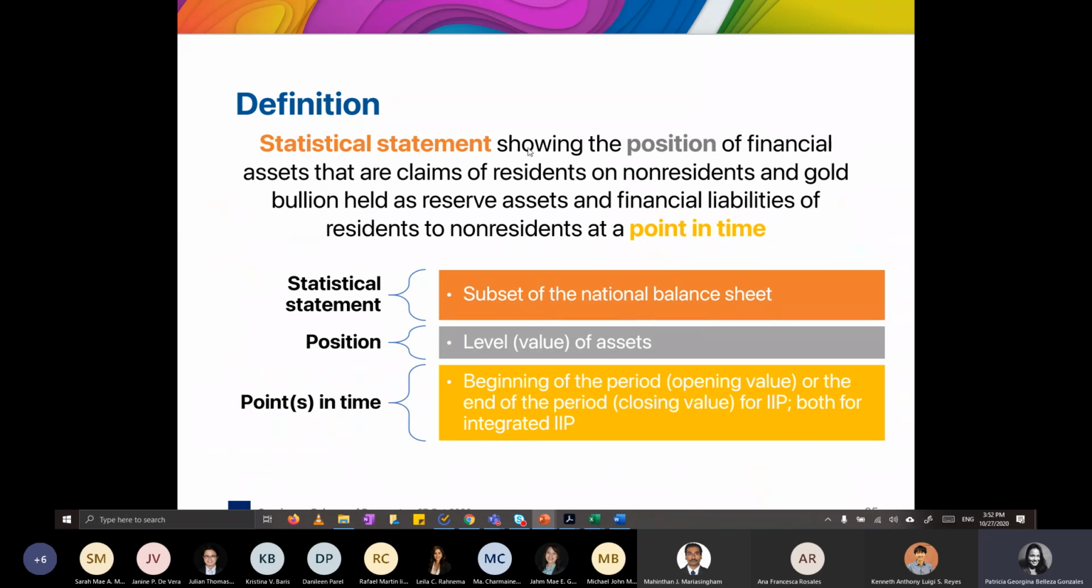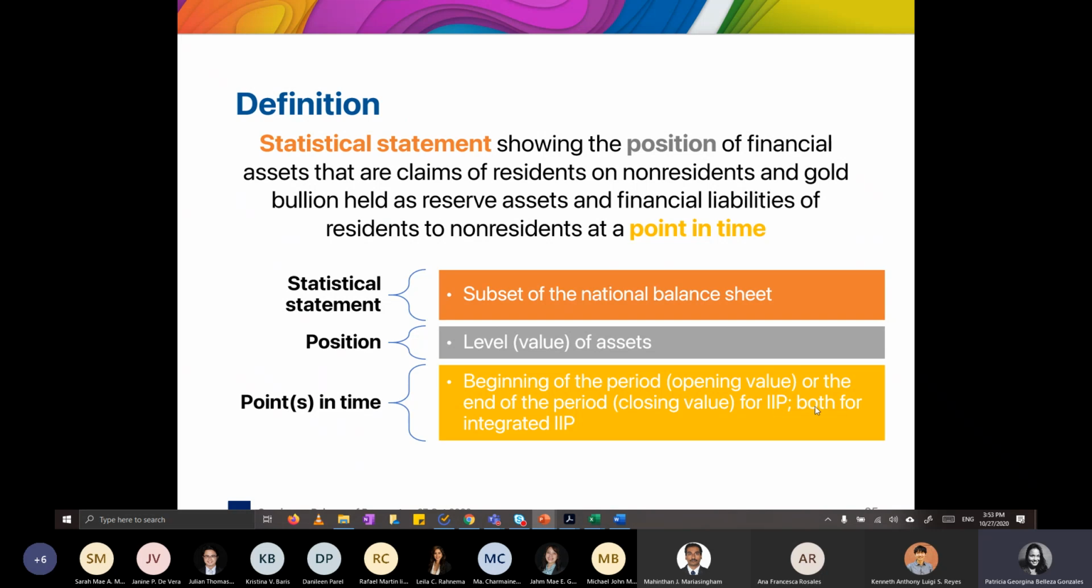And then when we say position, it has to do with the level and value of assets, rather than, compared to the capital and financial accounts, where we were talking about flows or transactions. So this is a static thing at a point in time, whereas that one is a set of values that occur for a certain duration or between 2 points in time. And then we have at a point in time. So typically it's either at the beginning of the period or the end of the period